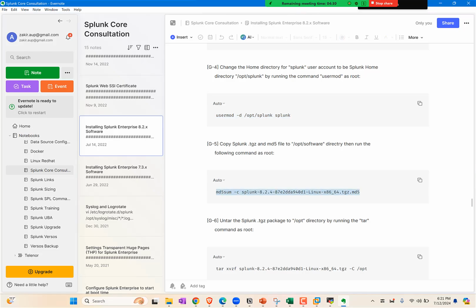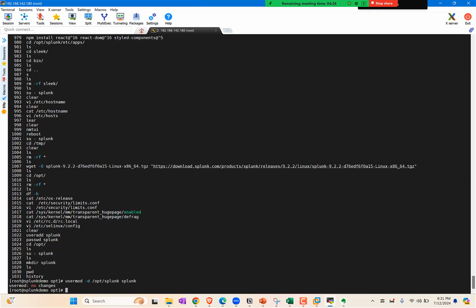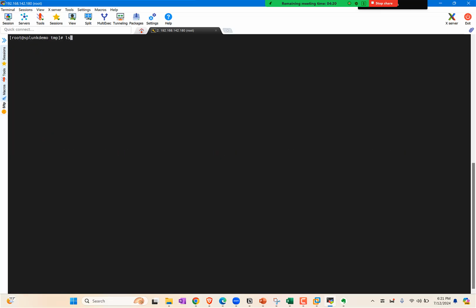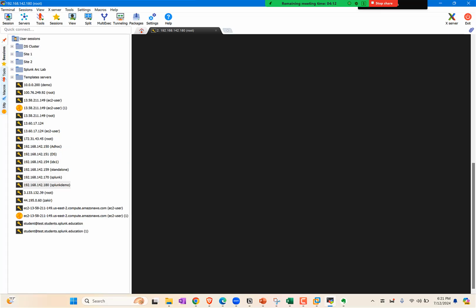Now here I didn't basically cd slash temp. Here I have just one file, okay. I don't have the md5 file just to verify that either this file is correct or not. So here what I will do, I will again log in,